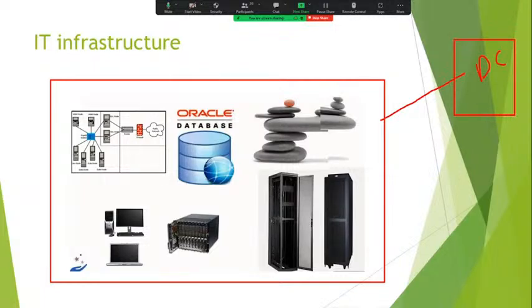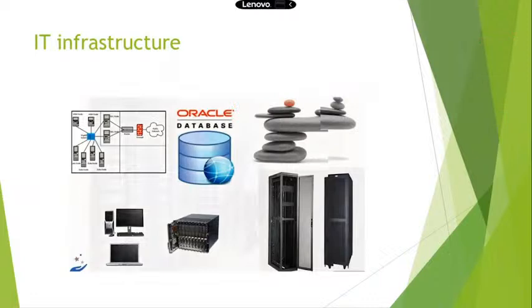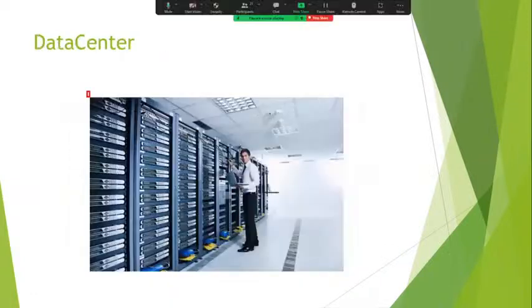For example, you have an organization and you got one project where you would like to build 5 servers. To build 5 servers, what do we have to do? We have to verify whether space is available in the data center. Once space is available, we will rack the servers, then start building all these 5 servers from scratch. So that is what the data center does. See, this is the exact picture of a data center.